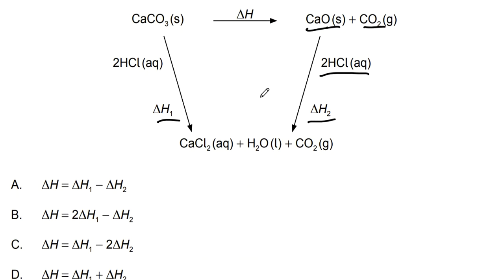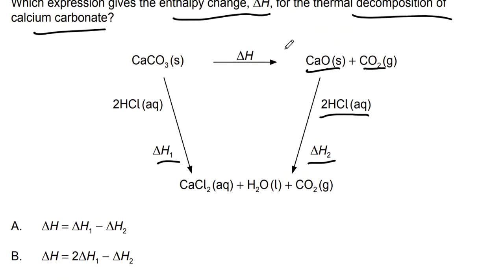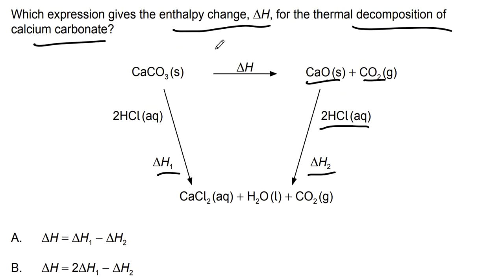Now, if we look at Hess's law, that says that if the starting and ending conditions of a reaction are the same, then the enthalpy change will be the same regardless of the steps taken. So here this is basically the start, and this is the finish. For us to end up at the finished molecule, we can follow this path